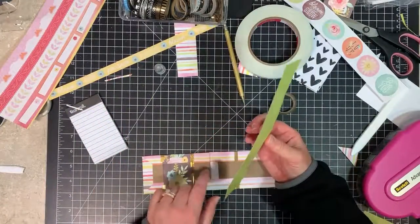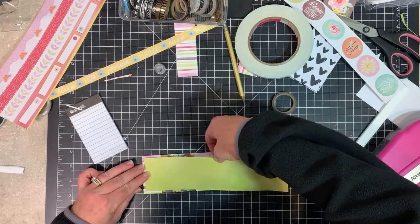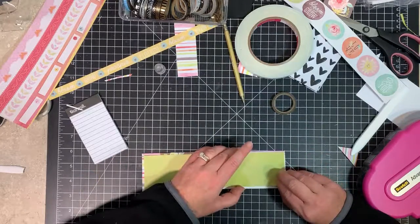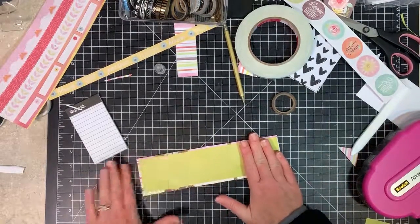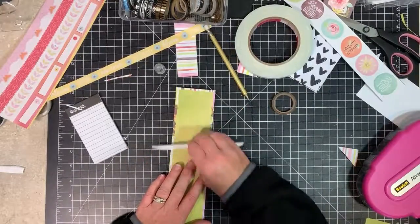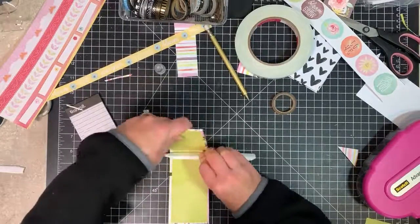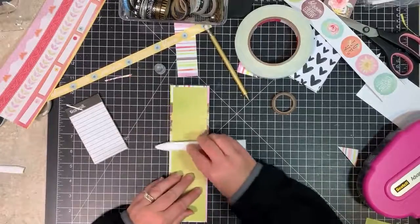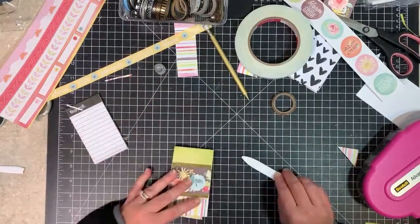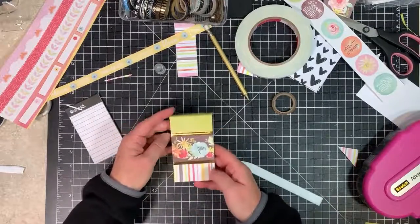So we've got our reinforced spine with the extra tape in there, and just gonna lay this down, flatten that out, and then we're gonna rework the spine again because we added more paper. Okay,